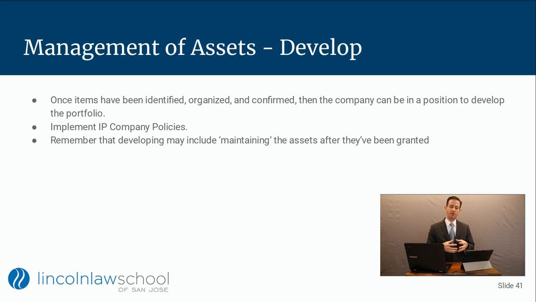And you can be looking at the market, you can be looking at your competitors, you can be looking at your own internal IP policies as to whether or not there are incentives in place to really incentivize your inventors to come up with new inventions. Whether or not you have an adequate budget to not only go after protecting, but also go after developing, and looking at the market and being able to assess, do we want to go offensively, or are we only a defensive type company? So a lot of the strategies that we looked at before come into play, in particular with respect to development, because are you in a position where you can take action, or are you still scrambling to try to figure out what it is that your company has, in which case you're still back at step A of the ABCDs.